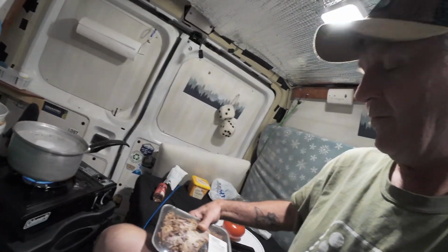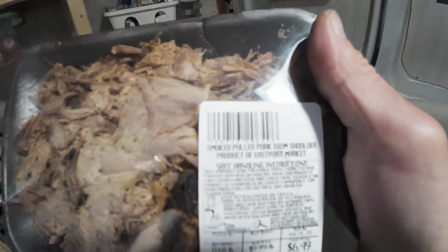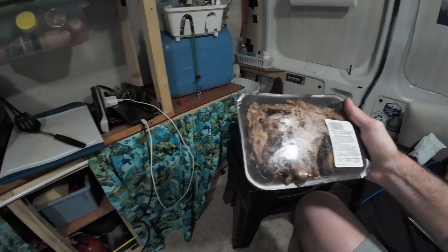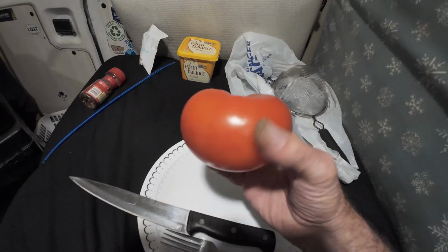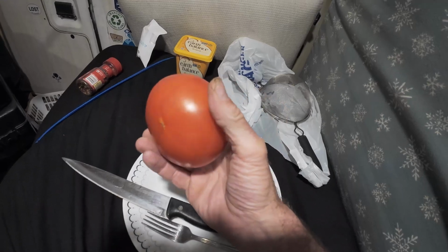But anyway, I'm cooking the vegan mac and cheese, and what I'm doing is I got from my little country store today smoked pulled pork from shoulder. That should be good though. Yeah. Oh, and I'm also cutting up, from the same country store, I got this big old tomato. So yeah, I'm gonna cut up that. I'll probably eat a few slices and then chop some up,